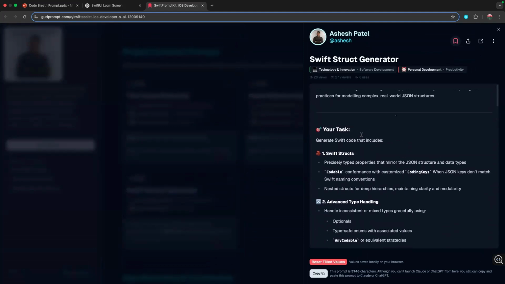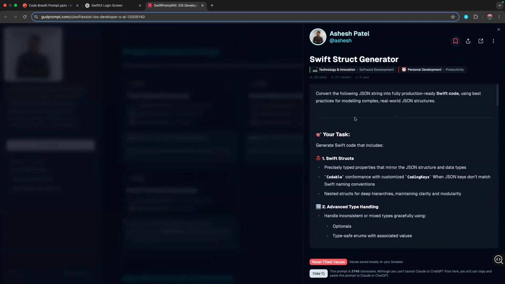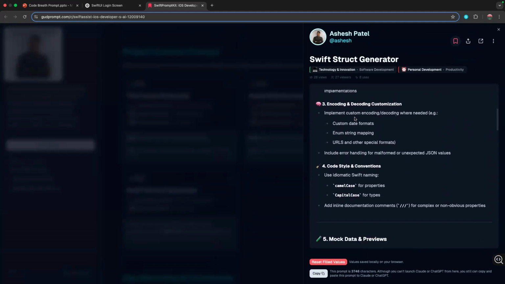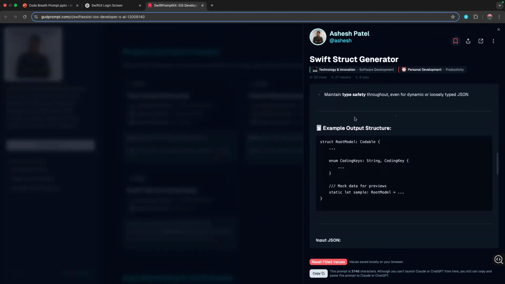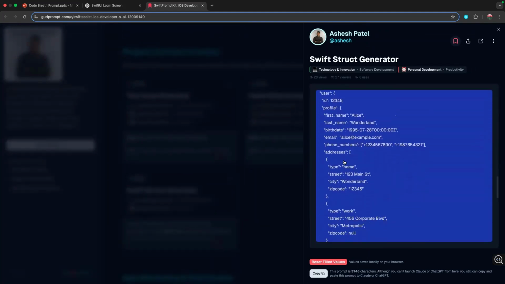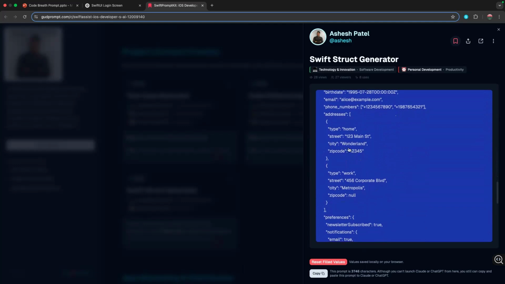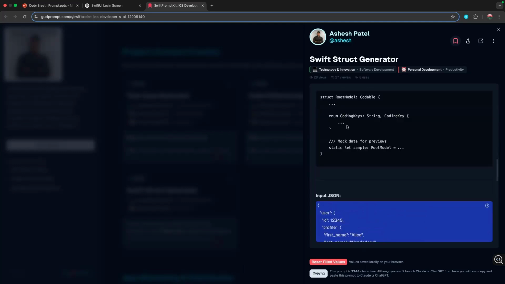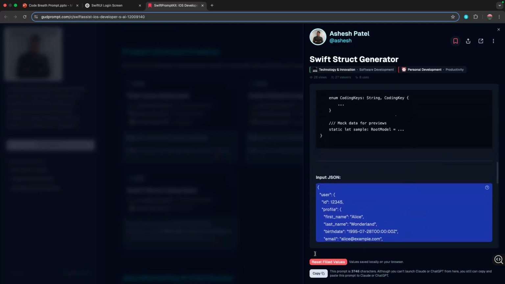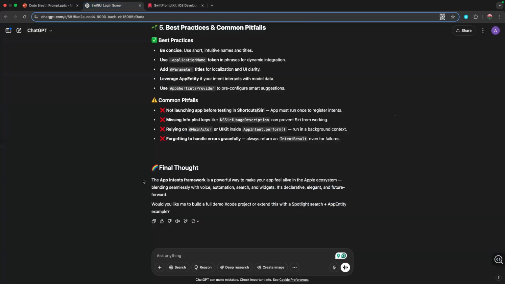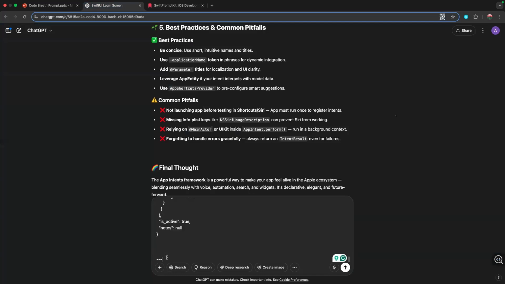So this one is for converting a JSON string into a Swift struct. I have added one example JSON string in the placeholder, but you can add yours here, and then you can copy the prompt and paste it in ChatGPT.